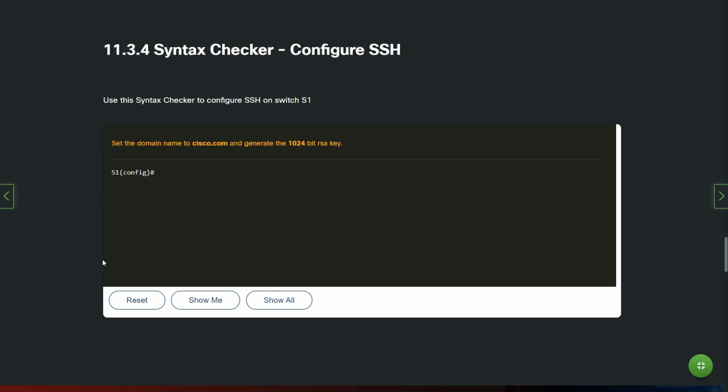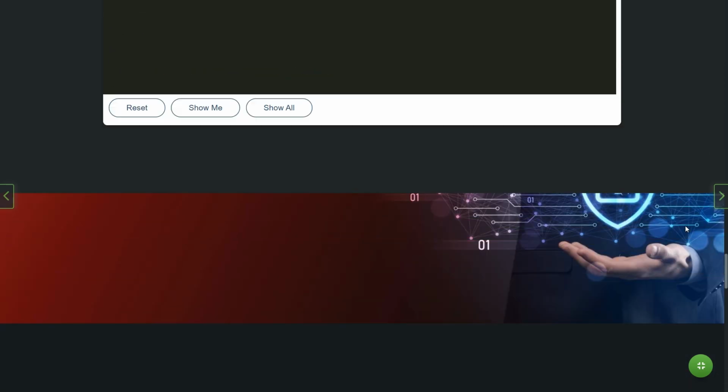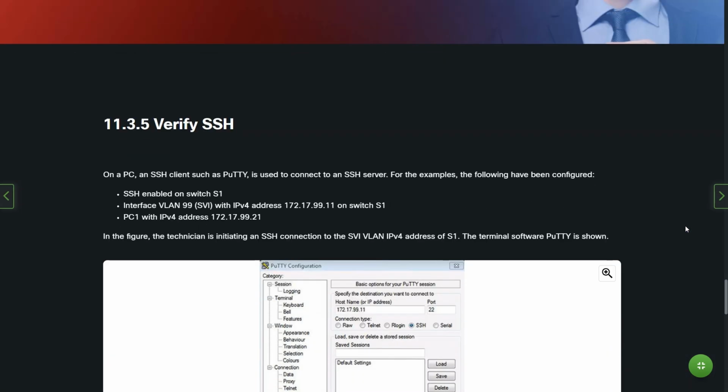Okay, this is a little practice: use the syntax checker to configure Secure Shell on switch S1. The next point is to verify Secure Shell on a PC. A Secure Shell client such as PuTTY is used to connect to a Secure Shell server. For the example, the following have been configured: Secure Shell enabled on switch S1, active interface VLAN 99, an SVI, or switch virtual interface, with IPv4 address